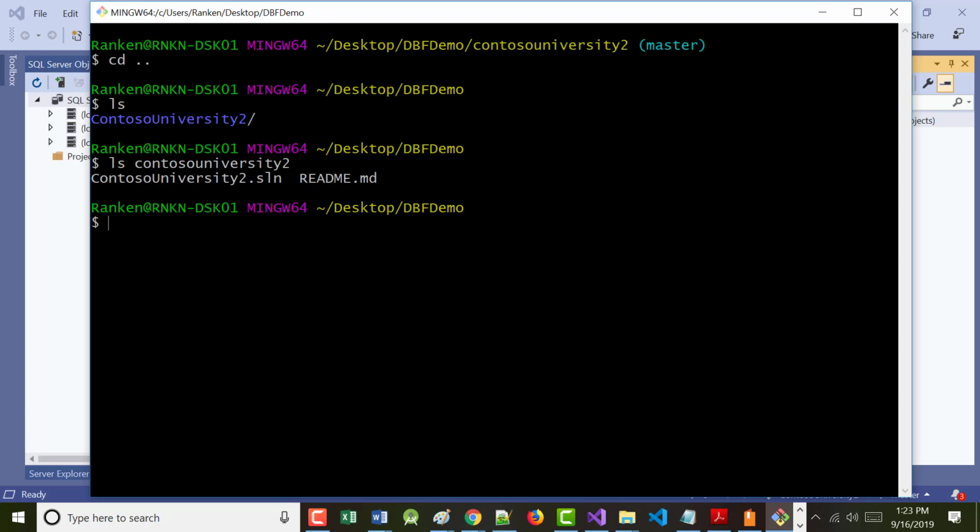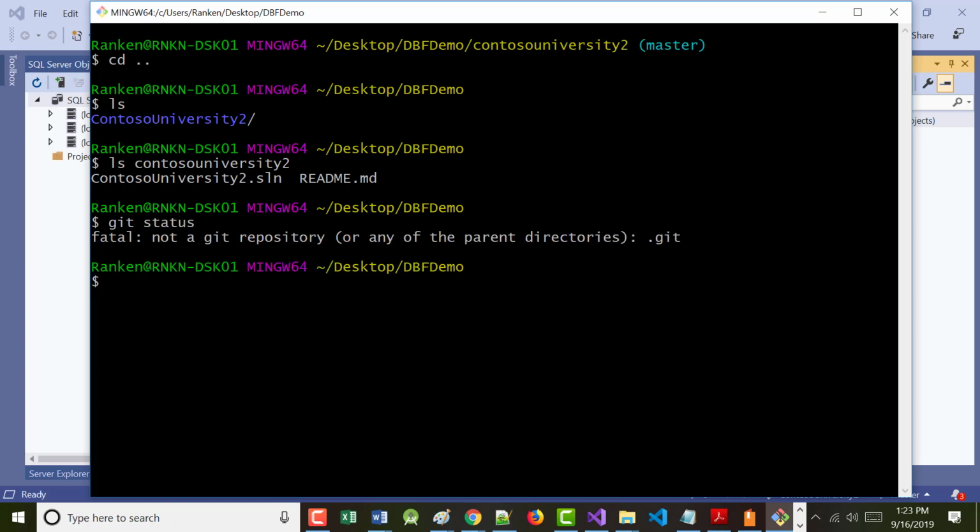And when you look up on the screen there, this is a good thing. And I'm hoping yours is going to be the same thing, in that what's in here right now? README, and README was what I grabbed from github.com, and ContosoUniversity 2.sln. All right? Now, I believe the next thing that I'm going to want to do, if I type in git status, for example, I don't think it's going to work. I think I'm going to get an error here.